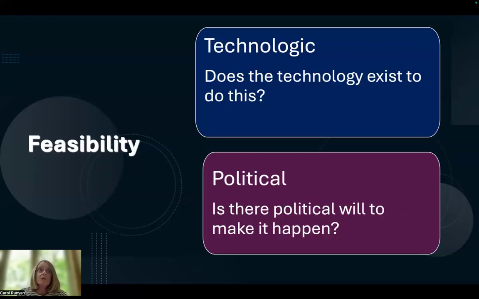And then there's also the issue of political feasibility, and whether or not there's political will to make this happen. And that one often, if we think about it too quickly, may keep you from trying an intervention. Whereas if you think about it long and hard at the end, after you've come up with some ideas that you really like, often where there is some energy around advocacy, political will can be changed.